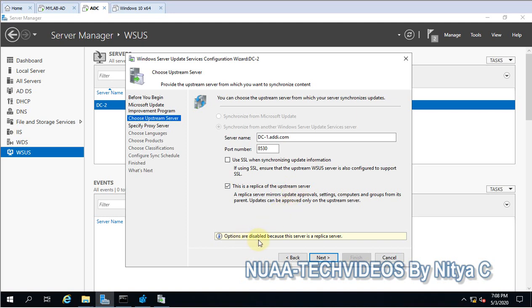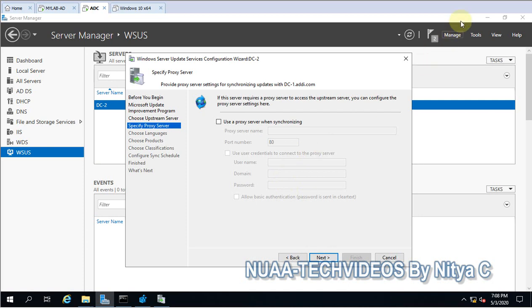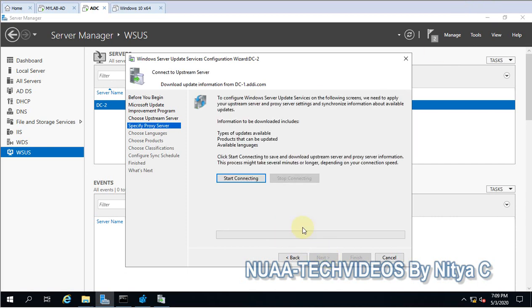So this checkbox needs to be ticked. So that's it, and now we will click on next, and we are not using any proxy, so we don't need to worry about this. So let's click on next and start connecting.